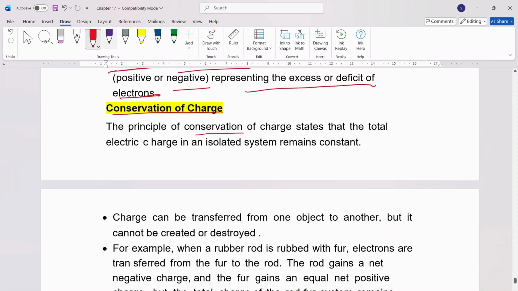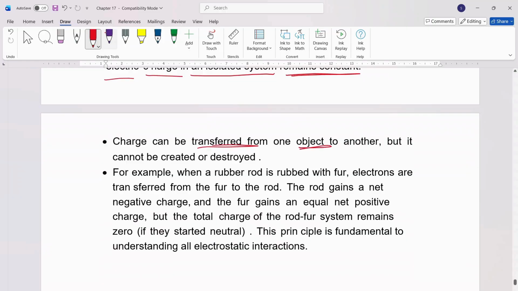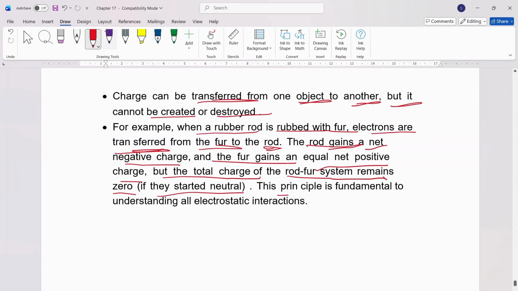Conservation of charge. The principle of conservation of charge states that the total electric charge in an isolated system always remains constant. Charge can be transferred from one object to another, but it cannot be created or destroyed. For example, when a rubber rod is rubbed with fur, electrons are transferred, not destroyed, from the fur to the rod. The rod gains a net negative charge and the fur gains an equal net positive charge. The total charge on the rod and fur system remains zero if they started neutral. This principle is fundamental to understanding all